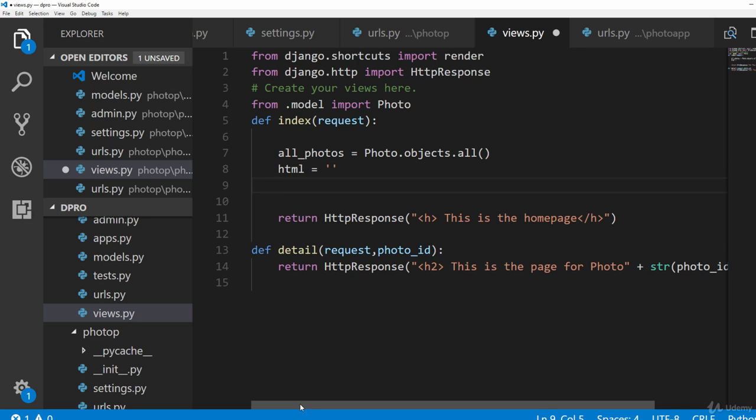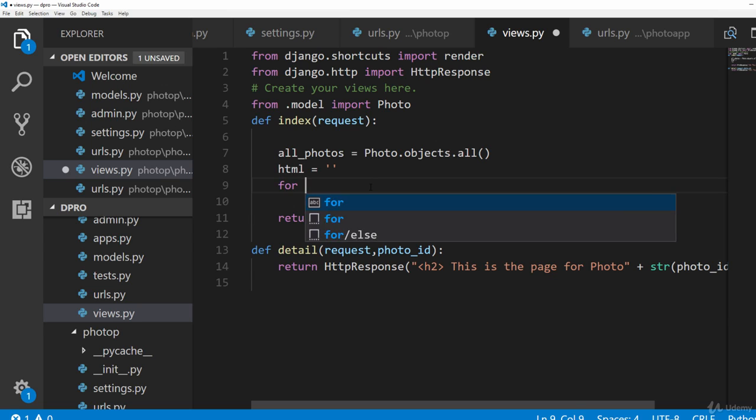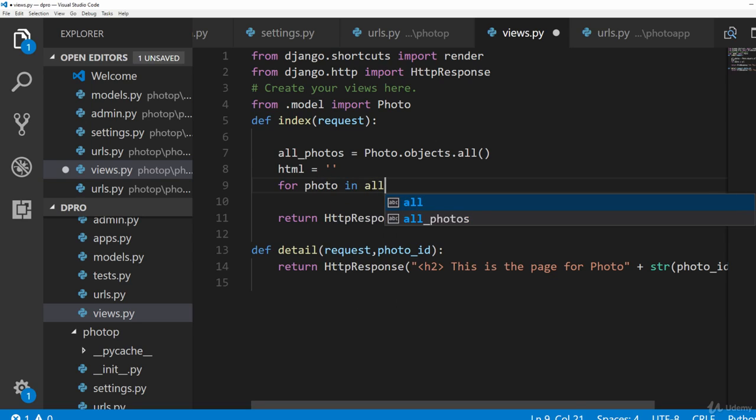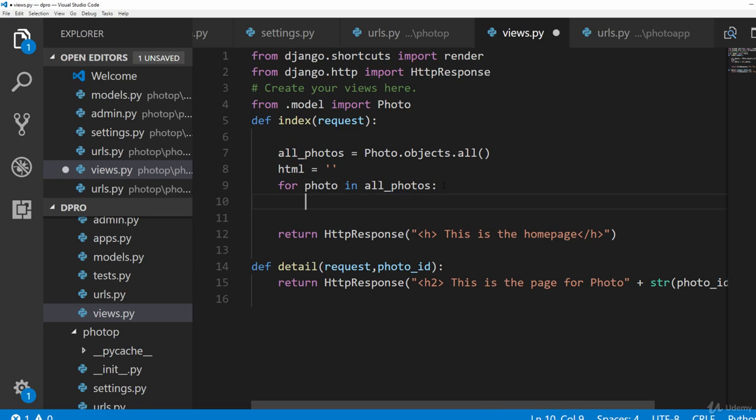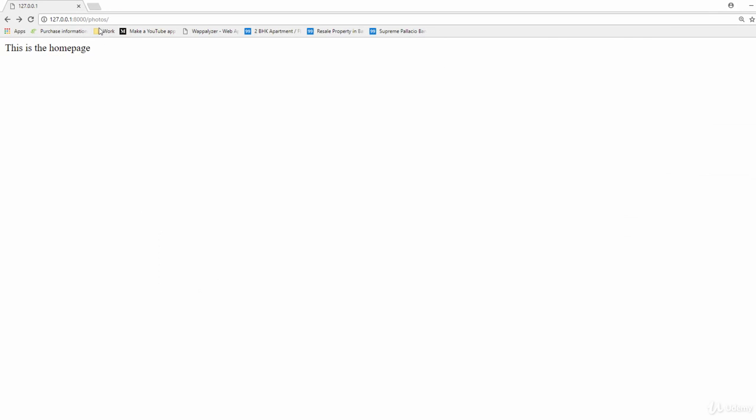Once we have this list of photos, we want to loop through each and every photo in this all_photos list. For that purpose, we will create a for loop. So we'll type in for photo in all_photos, which means for a single photo in all_photos, and all_photos is nothing but this object list right here. So we loop through that list, and here we create two things. First of all, we will create the HTML, which is going to be the photo name. And then we are going to create a URL, which is when you click on that particular photo, you should